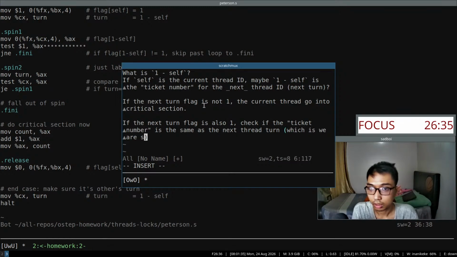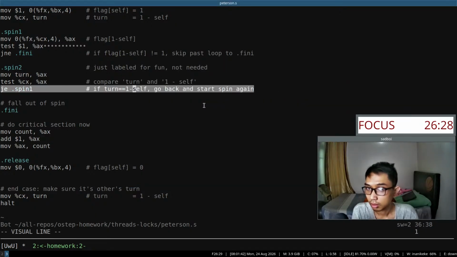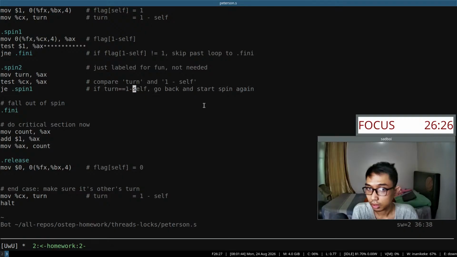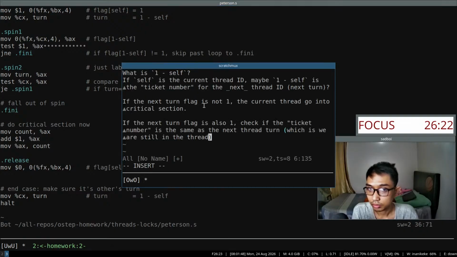We are still in the same thread. I assume something like that. Go back and start spin again. In the same thread, current thread,